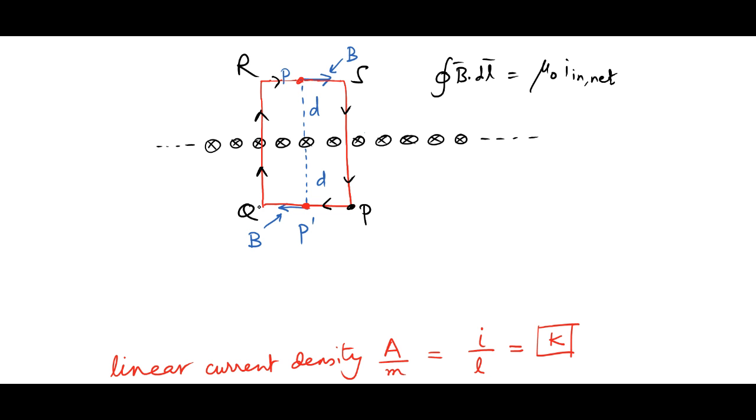Now when I go from P to Q, if I assume that this length is L, then the contribution towards the left hand side integral which comes from PQ is going to be B multiplied by L. I want you to understand that the field here